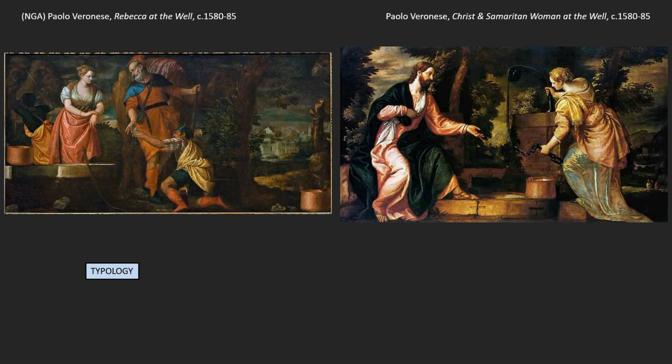One of the Old Testament scenes will pair up with one of the New Testament scenes. And I think these make a really nice pair, right? The one on the right, which is not in your text, is from the series, Christ Goes to Another Region, by Veronese. Meets a woman at a well, asks her for water. She says, I didn't think you would ask me for water, because our tribes don't get along.